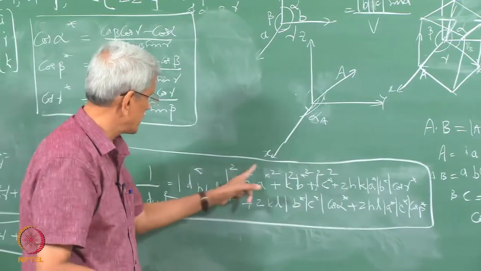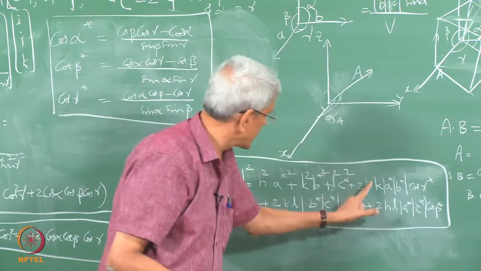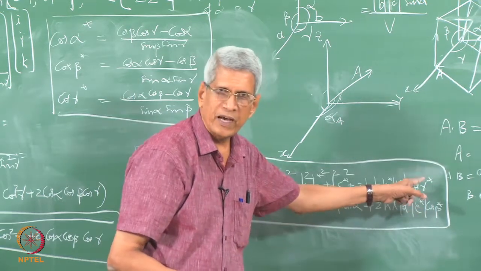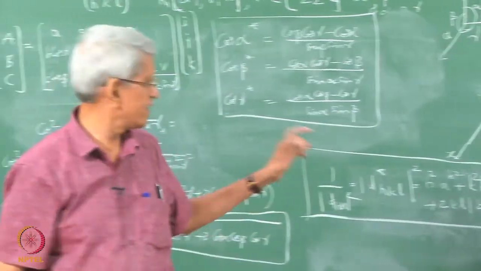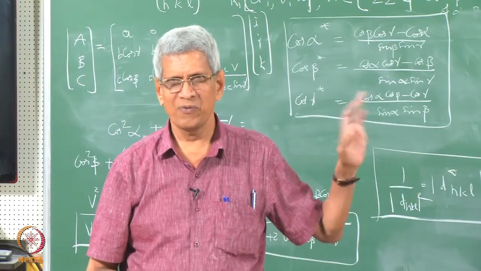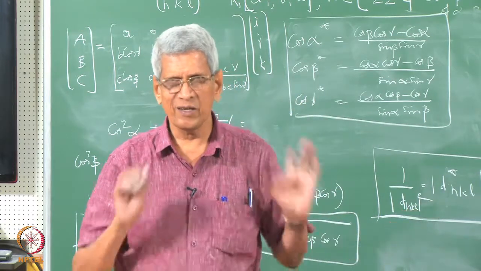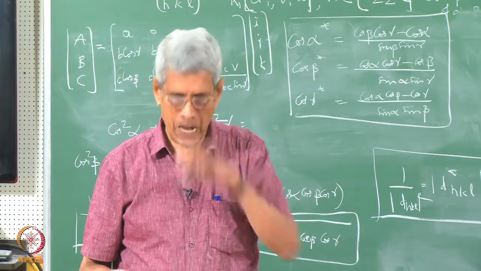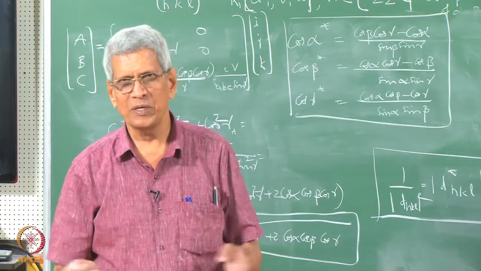So, in this expression now we know A star, B star and C star in terms of it, and we have the angles alpha star, beta star and gamma star in terms of alpha, beta and gamma. So, using this expression, this is the most general expression to find out interplanar spacing for any crystal structure where no symmetry is involved.